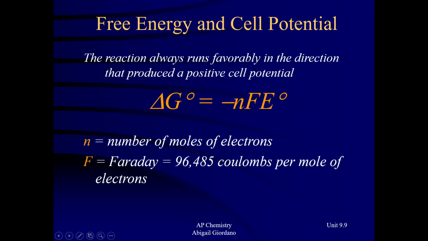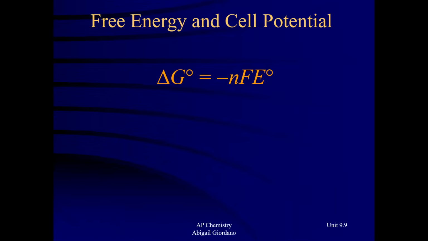That capital F is something called Faraday's constant. You do not need to memorize it. It is on your formula sheet. And of course, that capital E is our cell potential. So now we have an equation relating cell potential and Gibbs free energy. And guys, if you think about it,